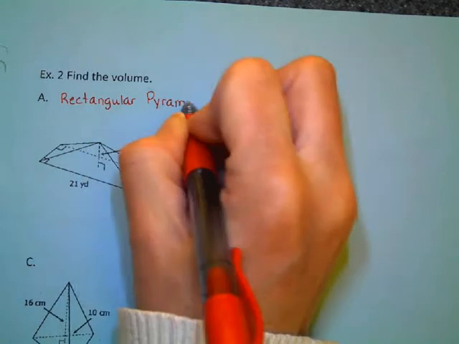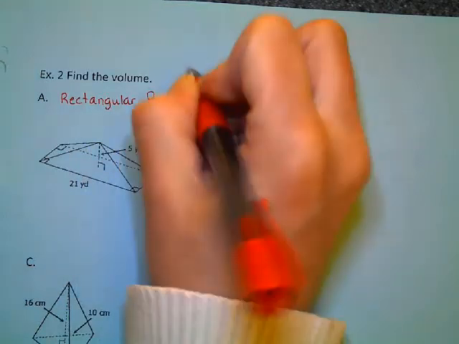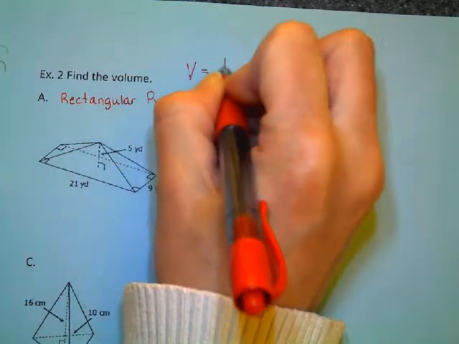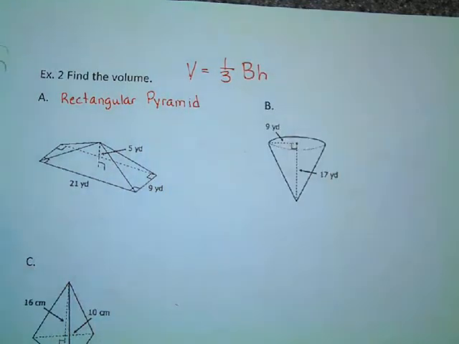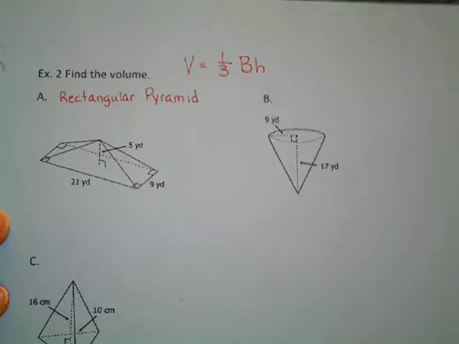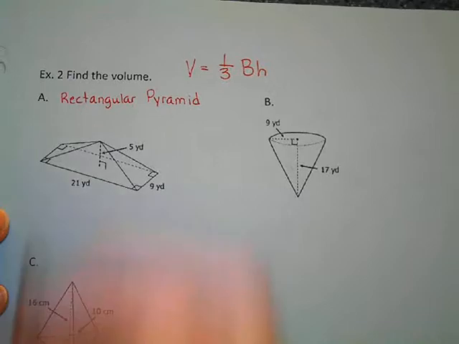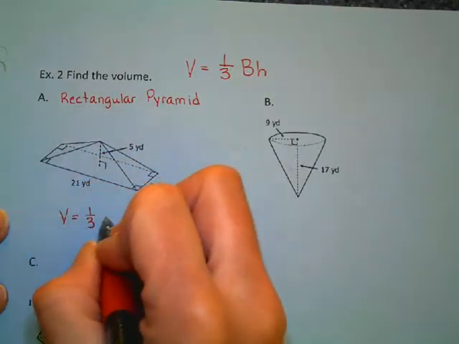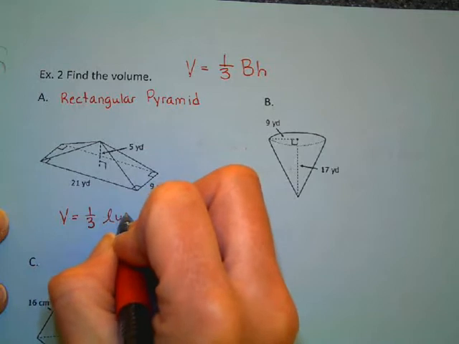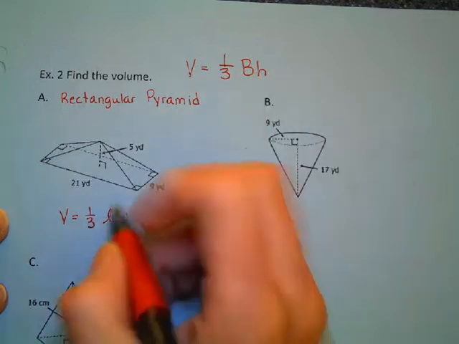So everything in this section is 1/3 the base area times the height. Remember, capital B is base area. So if the base is a rectangle, your rectangle formula is 1/3 length times width, and then we're going to have times height. Okay, so 1/3